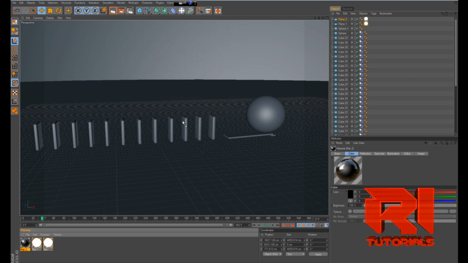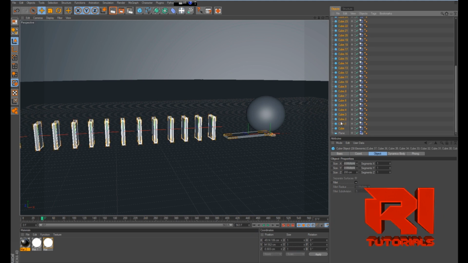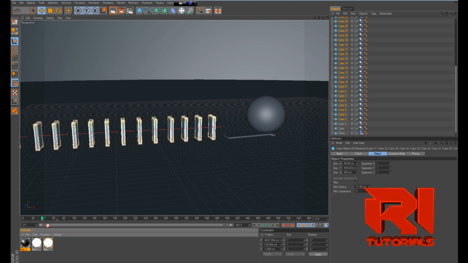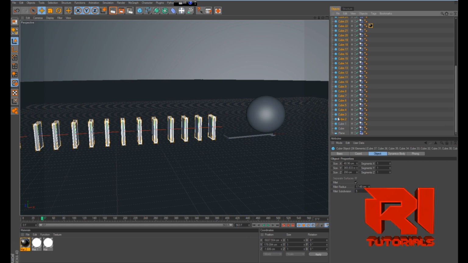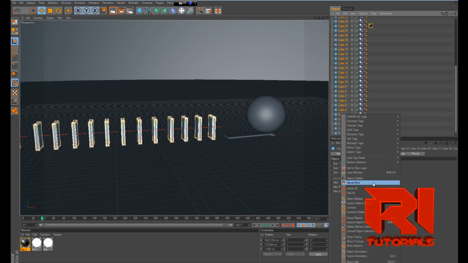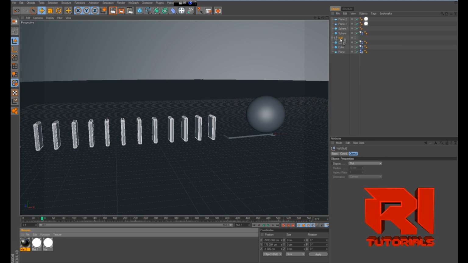Now drag this over to, okay, we're going to have to select all of the cubes and put them in a group. So to do that, select all of them, right click, there should be group, yeah, group objects, then drag the material over to our group,